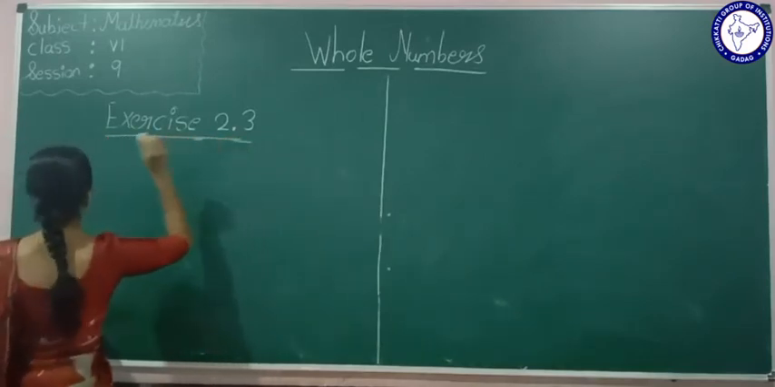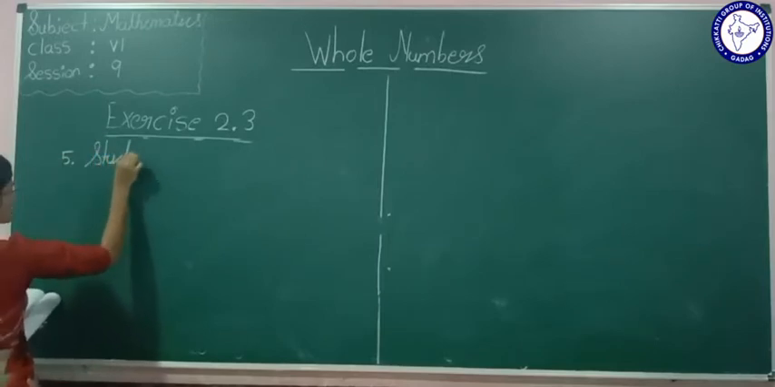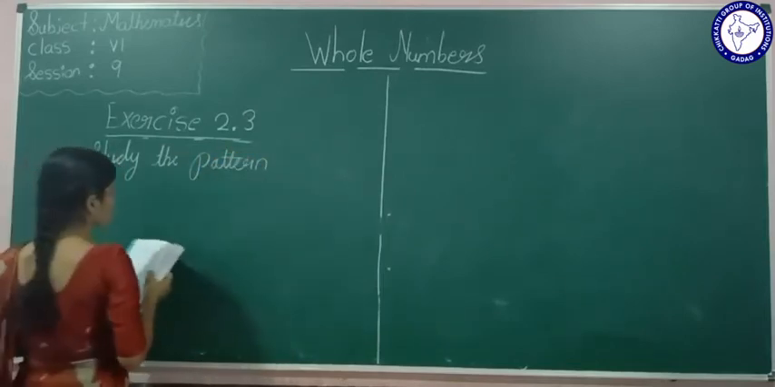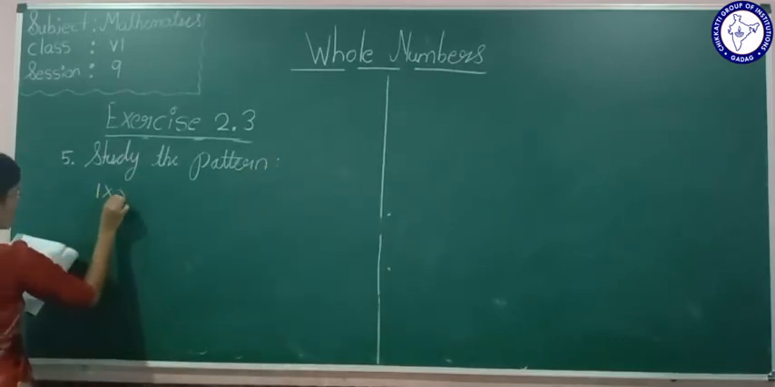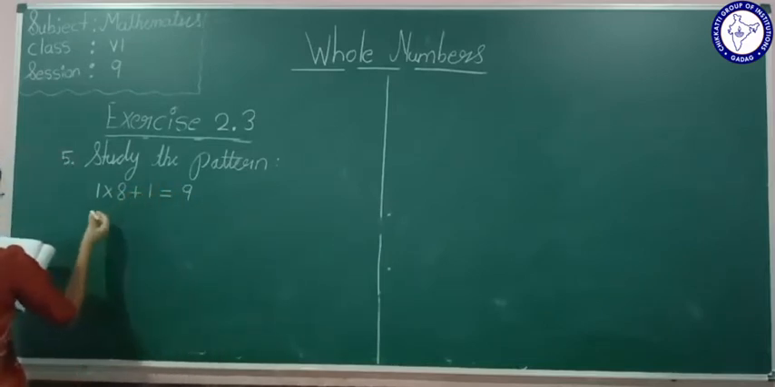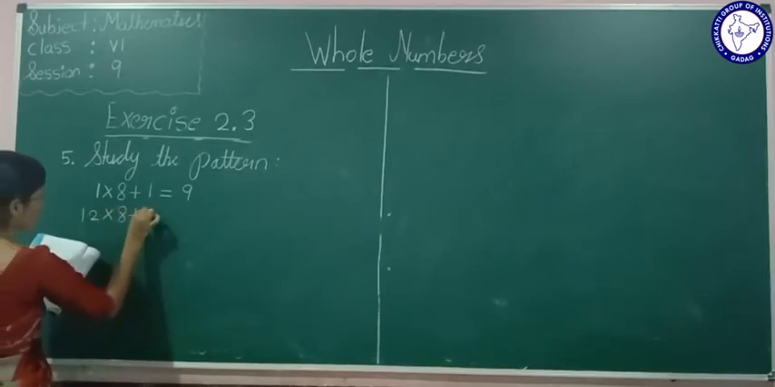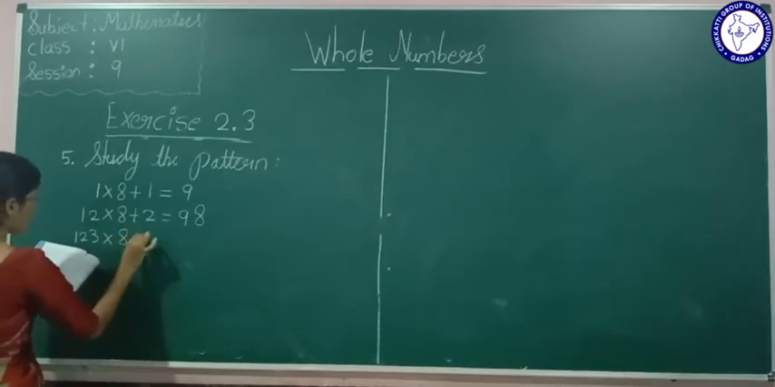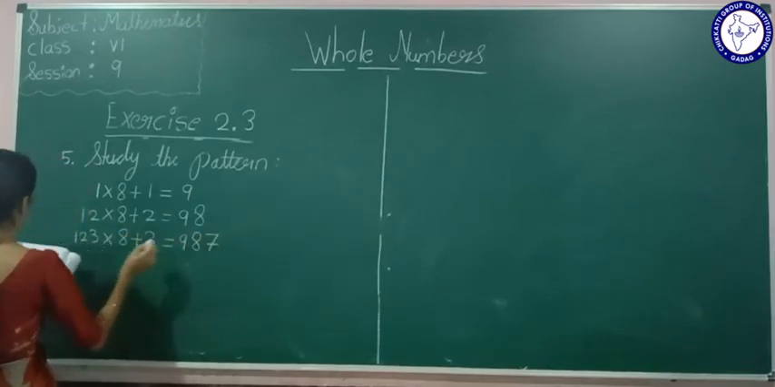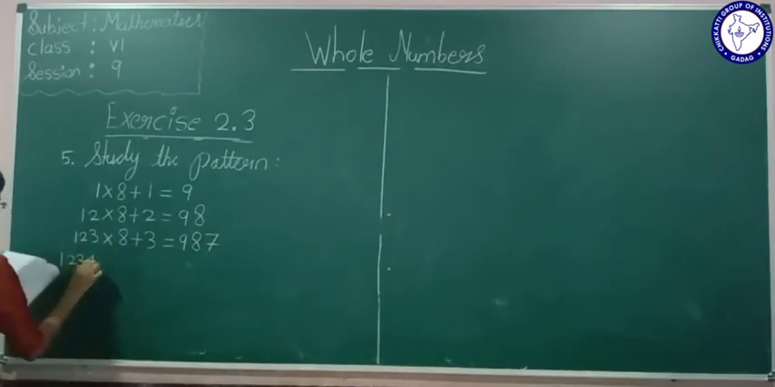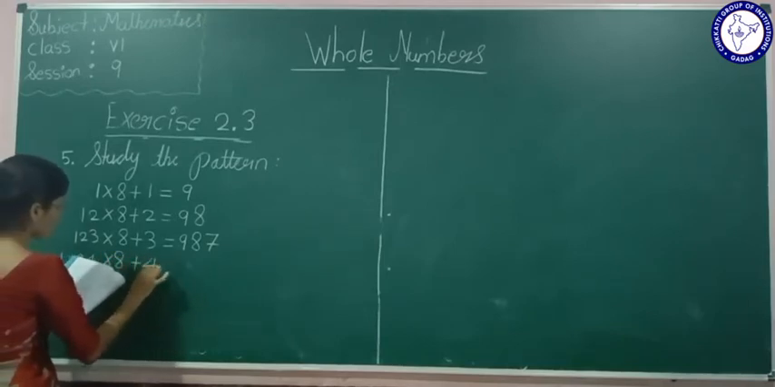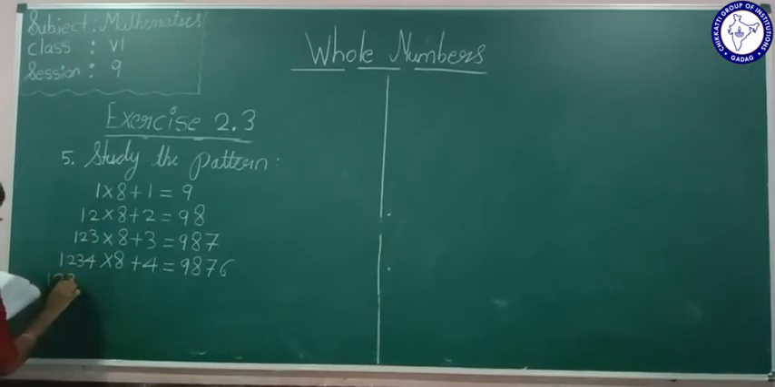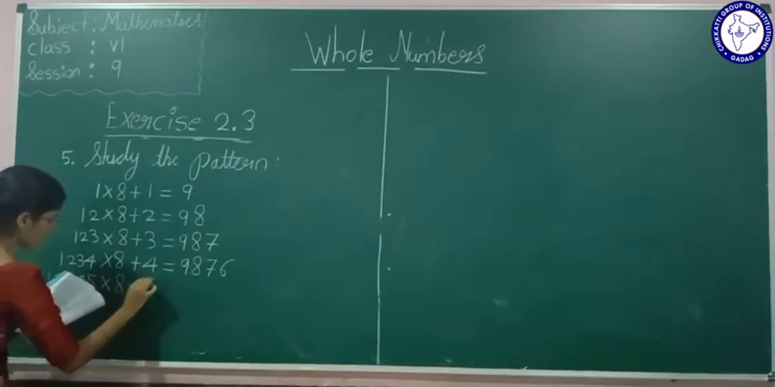Now we will see the fifth main question. Study the pattern. 1 multiplied by 8 plus 1 is equal to 9. 12 multiplied by 8 plus 2 is equal to 98. 123 multiplied by 8 plus 3 is equal to 987. 1234 multiplied by 8 plus 4 is equal to 9,876. 12,345 multiplied by 8 plus 5 is equal to